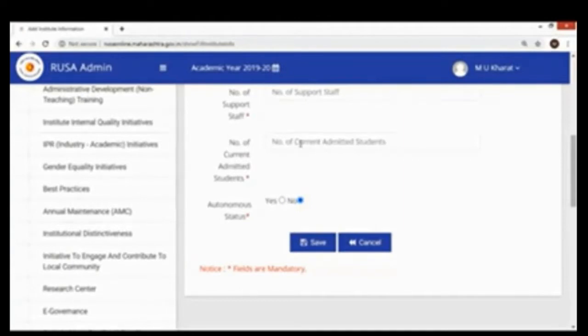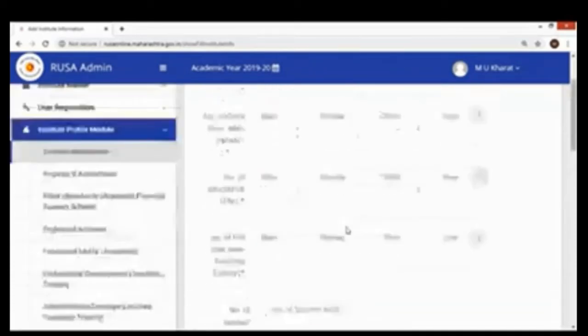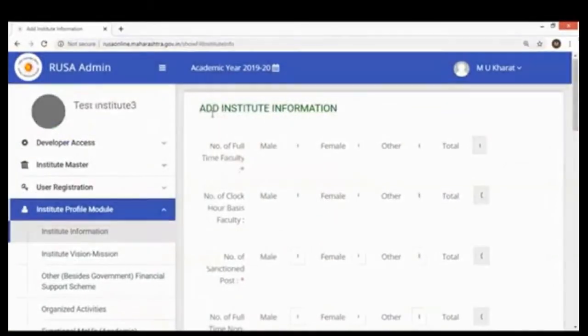See, again, you can go over here, select the last academic year and enter the data of the students for that last academic year, the data of faculty of that last academic year, your autonomous status, yes or no, and then proceed further. Okay, and this is the information asked under the title of institutional information, from this particular tag.